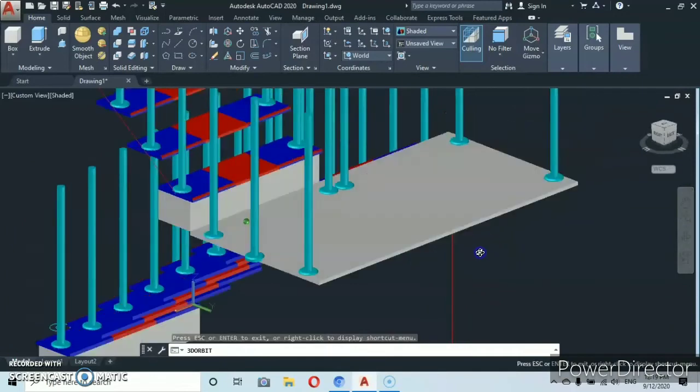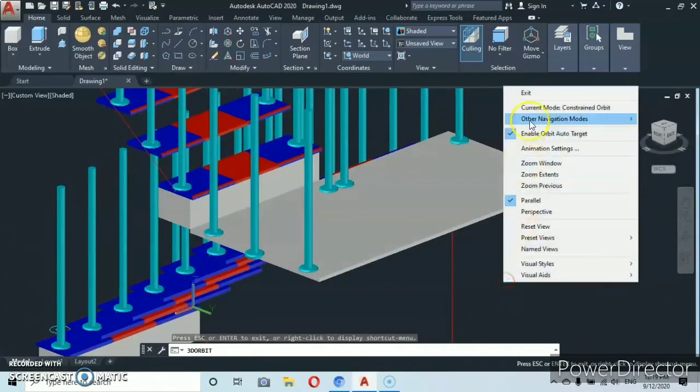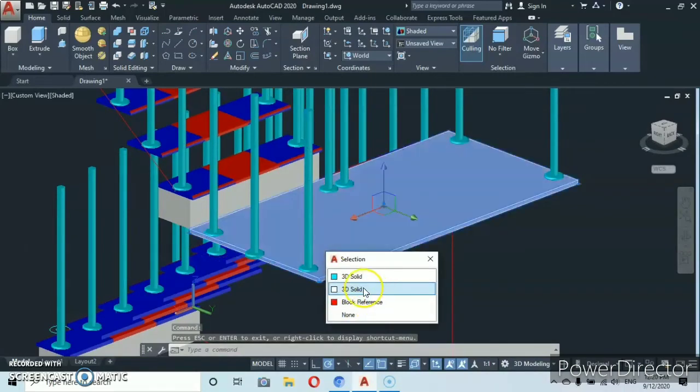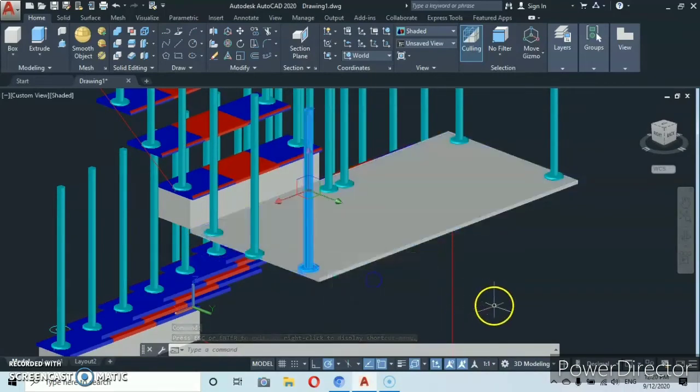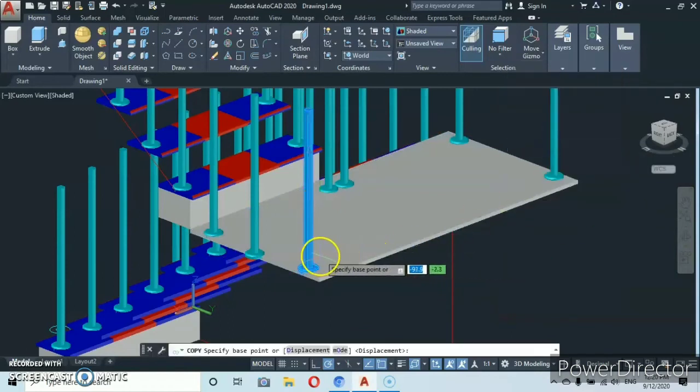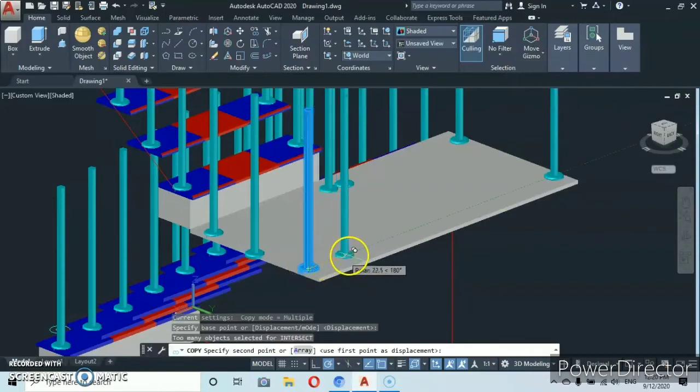Let's orbit a bit, then you select this one again, then you copy, click at the midpoint, then you pull it this way and you type in